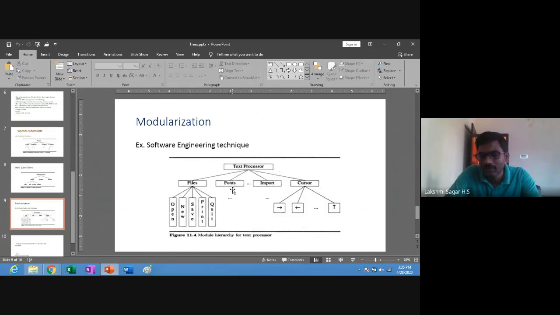Next, fonts has the size and the color of the fonts. In import, you can do functions like importing templates, graphics, and tables. And cursor has left, right movement and up, down movement of the cursor. So these are the different functions.